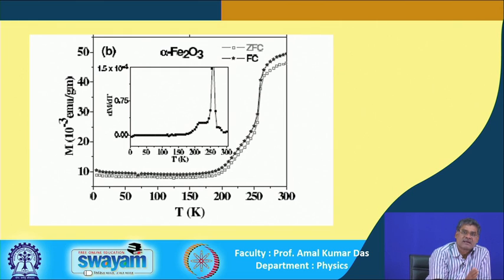So, what is the transition temperature if you want to find out? This ferromagnetic material, in the ferromagnetic phase, has a higher magnetization, and this magnetization decreases with temperature, and then suddenly drops towards